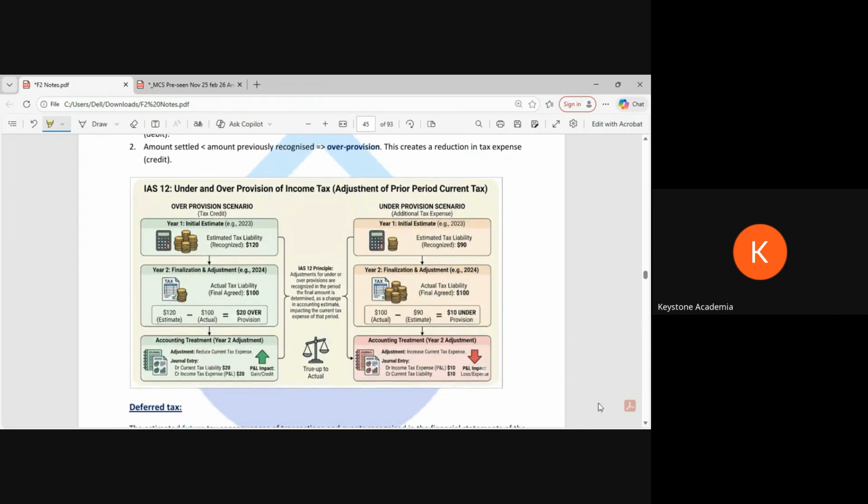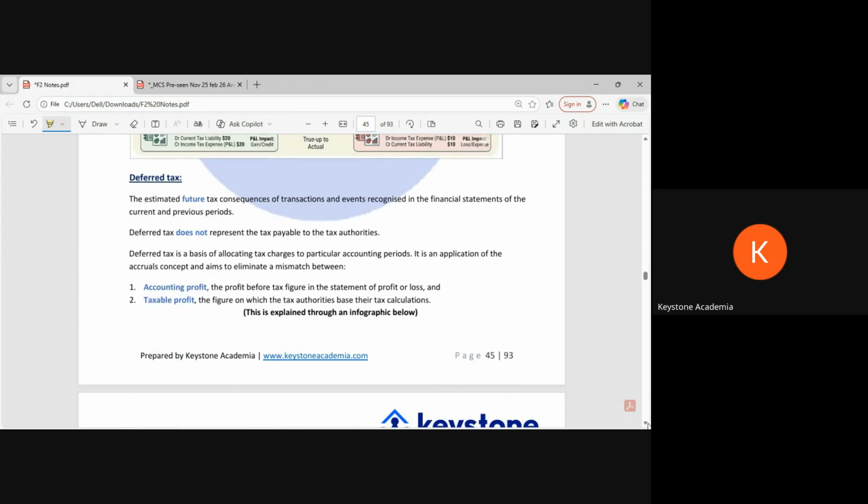So this is how we are covering the previous year with the provision. For example, here if you see over provision, the estimated tax in 2003 was 120 that we recognized, but we agreed for 100. So 20 is over provision. So 20 is actually a gain for us, isn't it? We have saved $20. But at the same time, if we estimated 90 and we have to pay 100, then 10 will be a loss for us. But obviously provision is approximate. Makes sense?